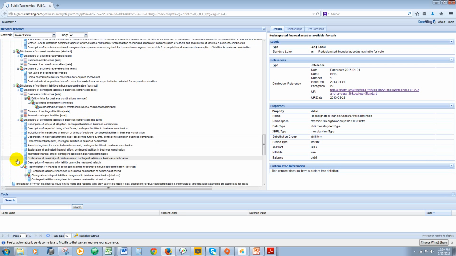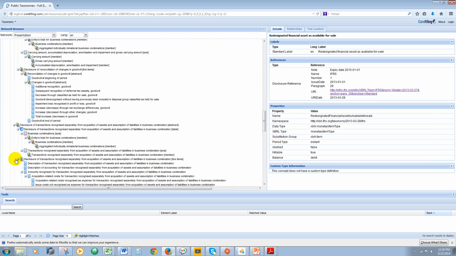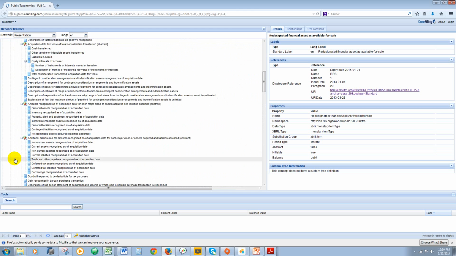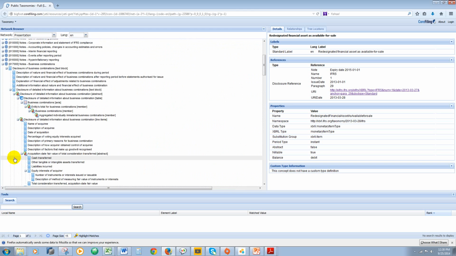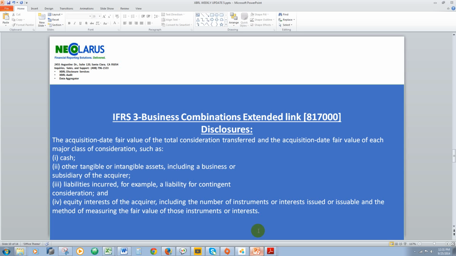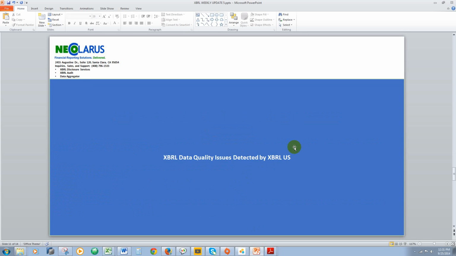So this is the location of the IFRS taxonomy, where we can find all the elements for the disclosure for these notes, that is 817000 business combination. So let us now move over to the next topic, which is XBRL data quality issues as